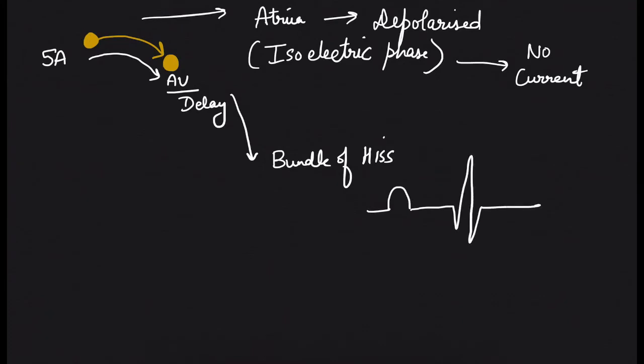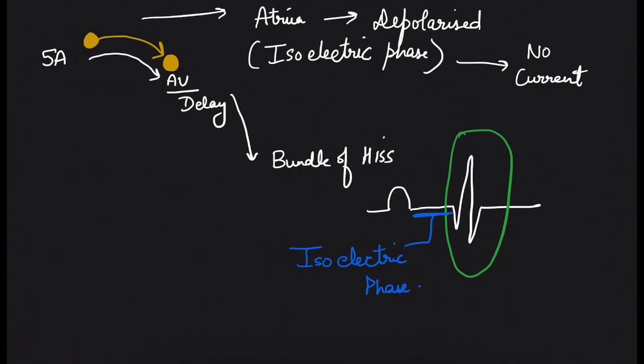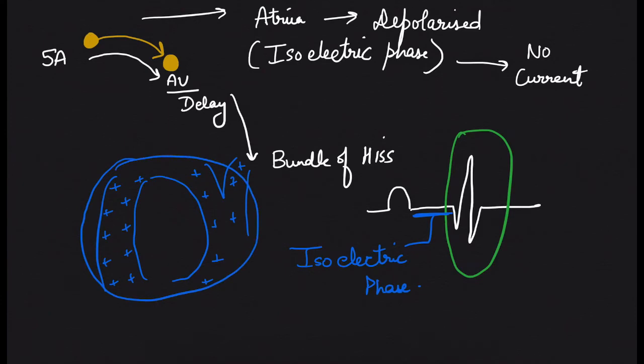So before appearance of QRS complex, we'll get a line which is on the baseline, which is isoelectric, because there is no potential difference and no current is flowing at this moment. So we call it the isoelectric phase. If you were to picturize this, it will be something like this. Imagine this to be the right atria. The charge of that area is similar everywhere. It has been depolarized. I am showing the depolarization by plus sign. It is plus everywhere. There is no potential difference anywhere. So the current will not flow because the atria right now is in isoelectric phase.